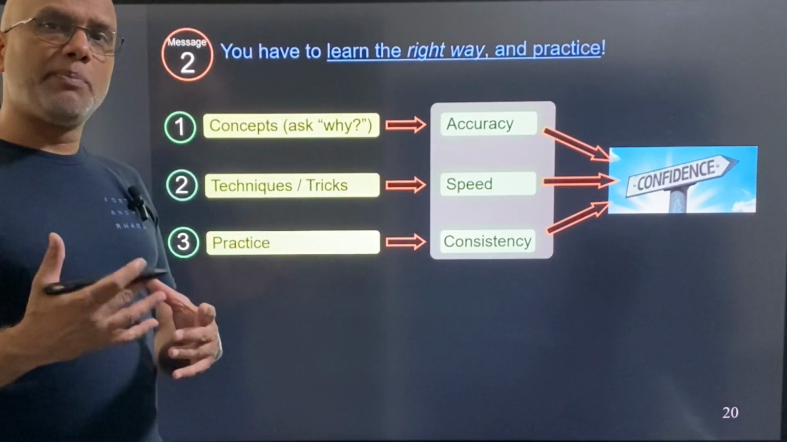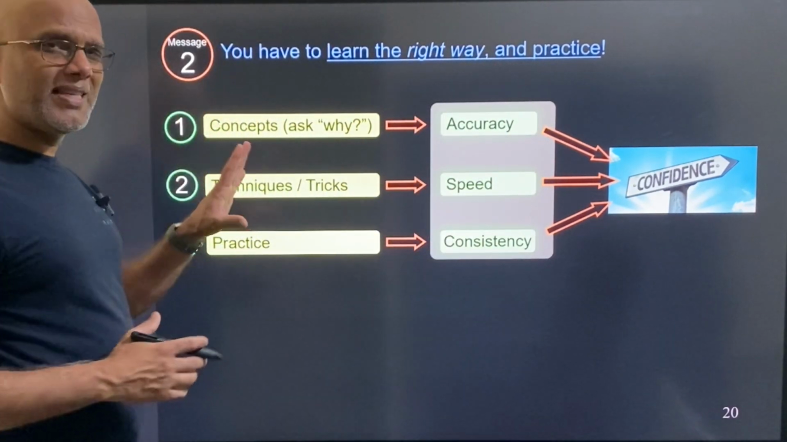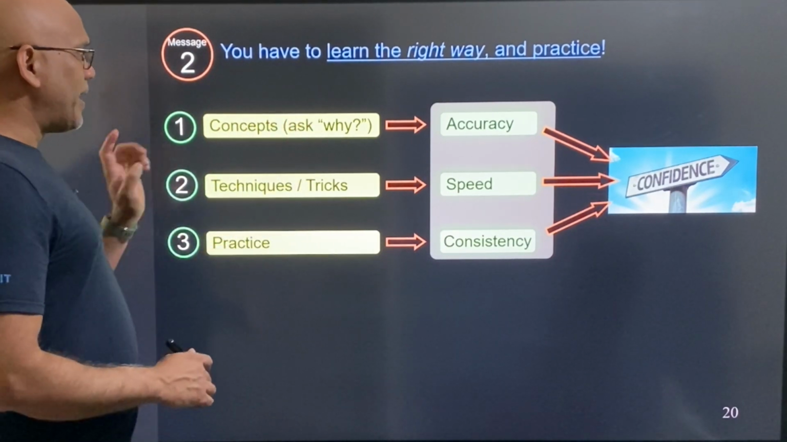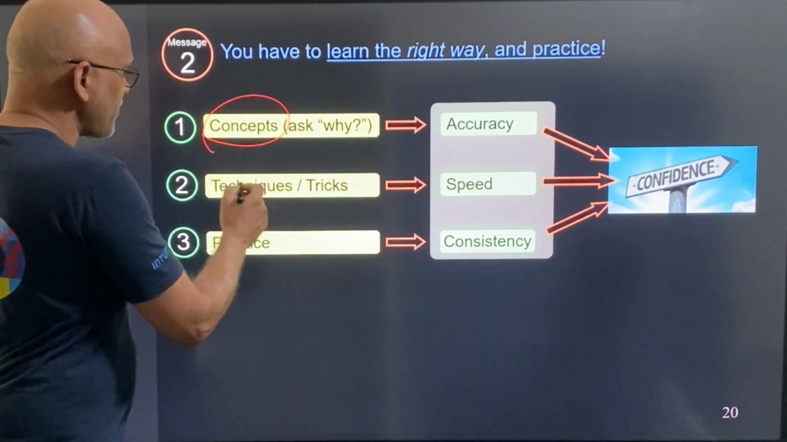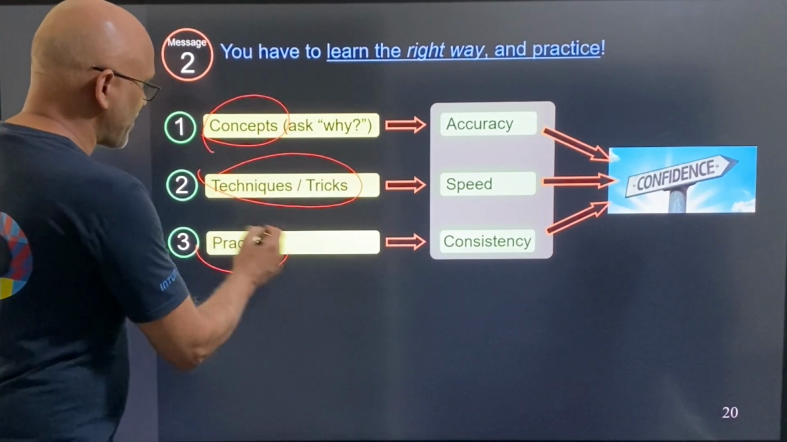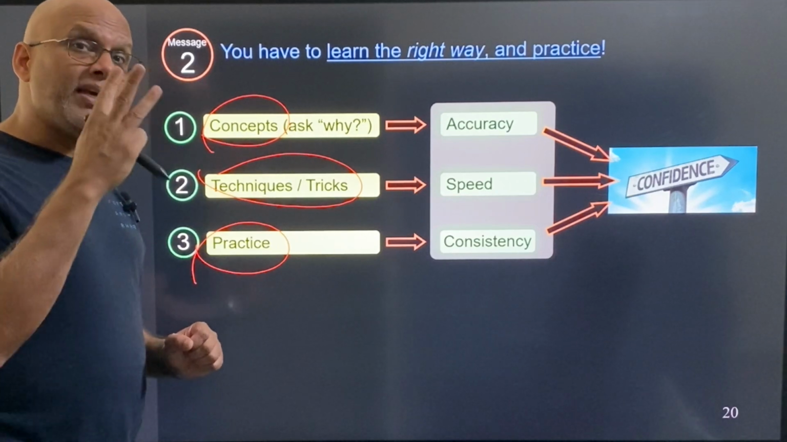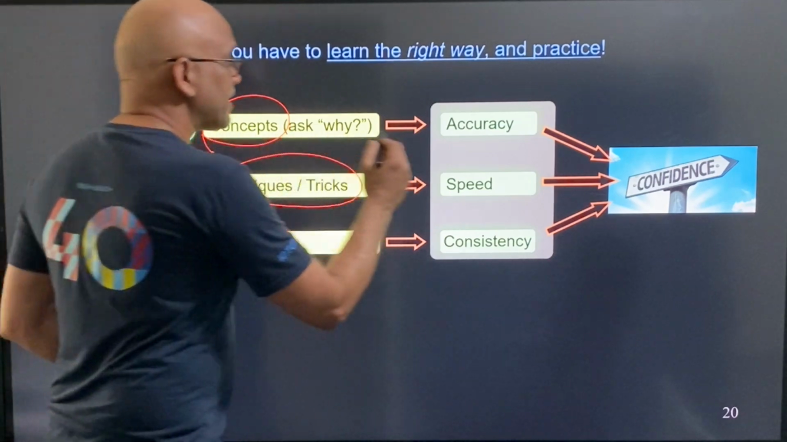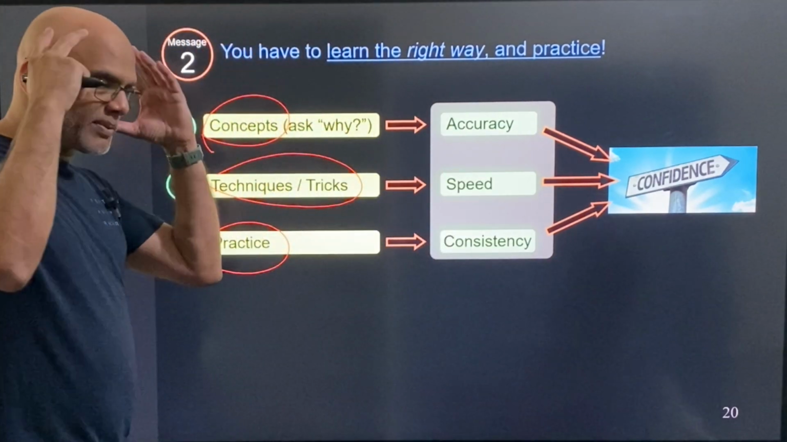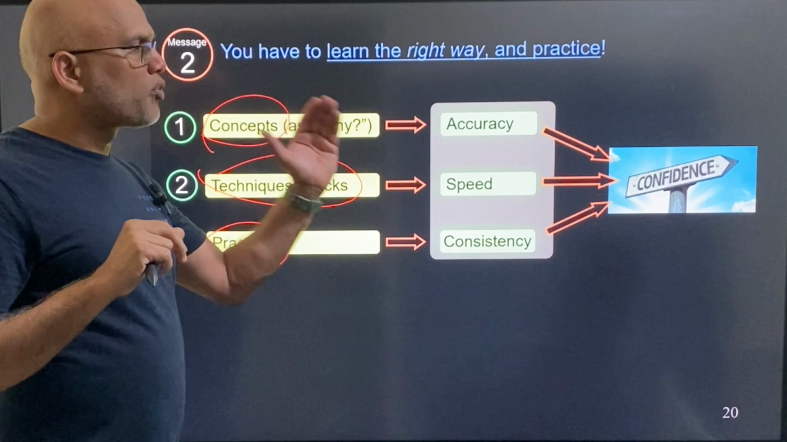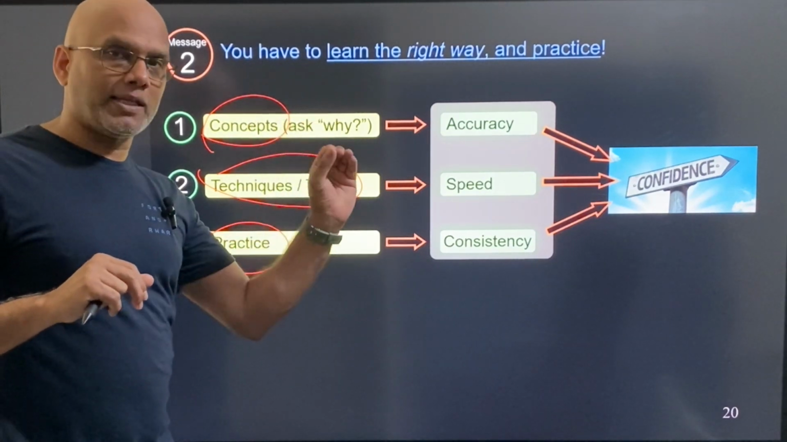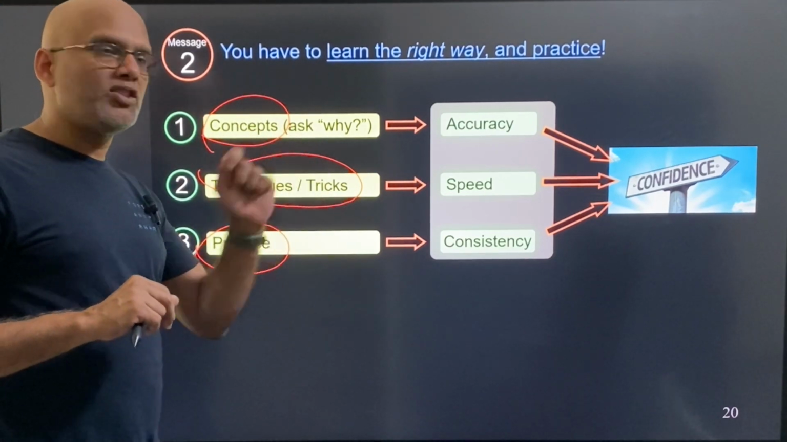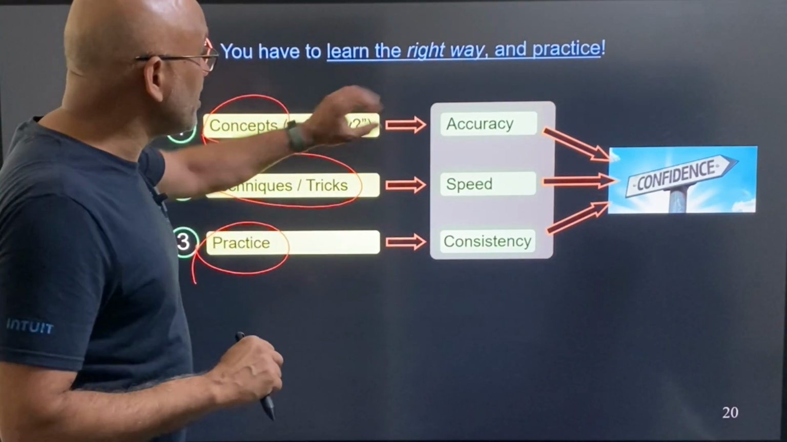So what does it mean by right way? When it comes to physics, there are three key things I really want you to remember. One is the concept, technique or trick, and practice. These are the three important ingredients to learn the right way. Concept gives you accuracy. If you have your concept clear, you can solve a problem accurately. You'll get it right. But when it comes to competitive exams like NEET and JEE, concept alone is not enough